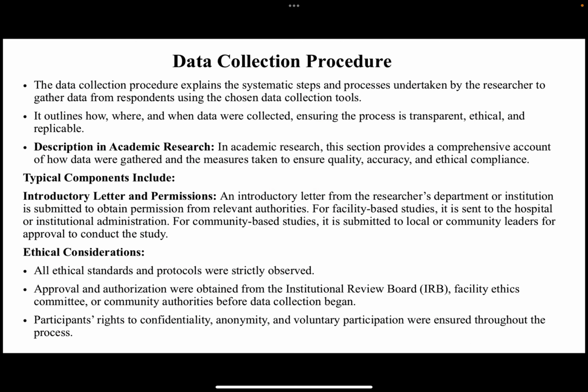In summary, data collection procedure basically explains the systematic steps and the processes undertaken by the researcher to gather data from the respondents. So all the processes, including getting an introductory letter from your institution or your department, through to submitting the introductory letter to the institution you are conducting the study in for approval, okay, obtaining informed consent from